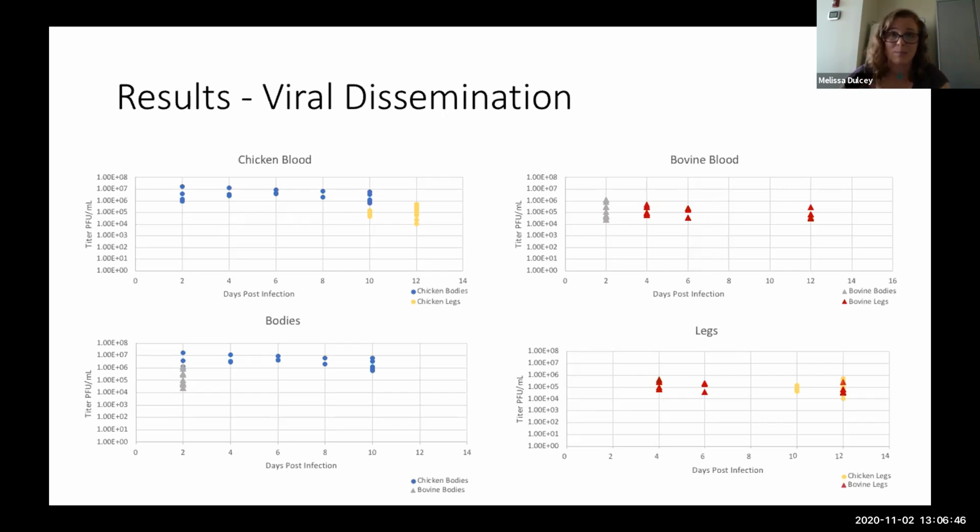That's the only day at this point in time that we have together. But the numbers are so small at this time, it's really hard to glean anything from this. And then when I put the legs together, you can see on day 12 that they actually look pretty similar at this point for titers in the legs. But definitely need to do more in this, and we're processing samples. I stained another 40 this weekend, so I hope to add that data and continue rolling with those.